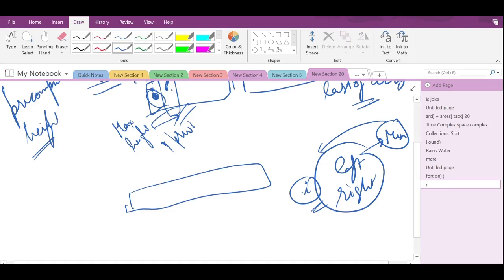It will not be able to store. So I'll say I cannot store water, continue. But if the minimum is greater than the height at i, then the amount of water that I can store is the minimum minus the height array at i. I think that's fine.